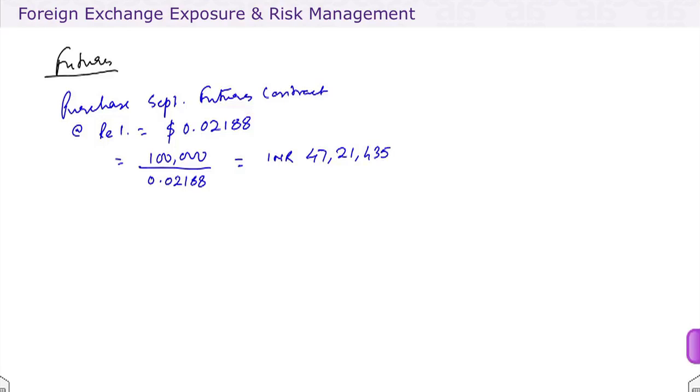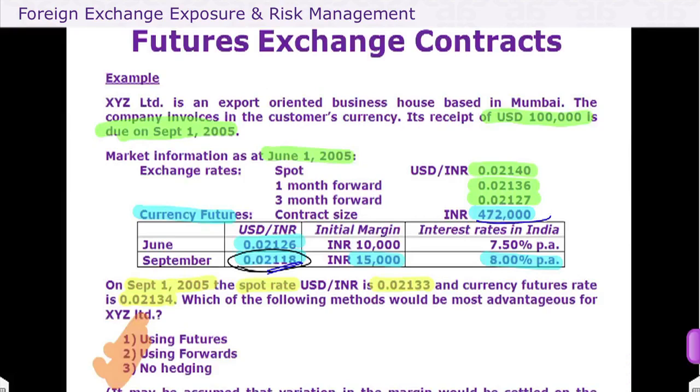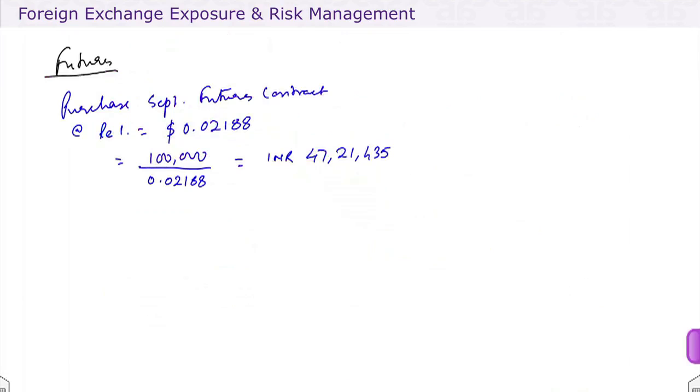So since one contract is for 4,72,000, the number of contracts in this case would be, since you need to take up 47 lakhs, roughly 10 lots. So here you will say number of contracts will be